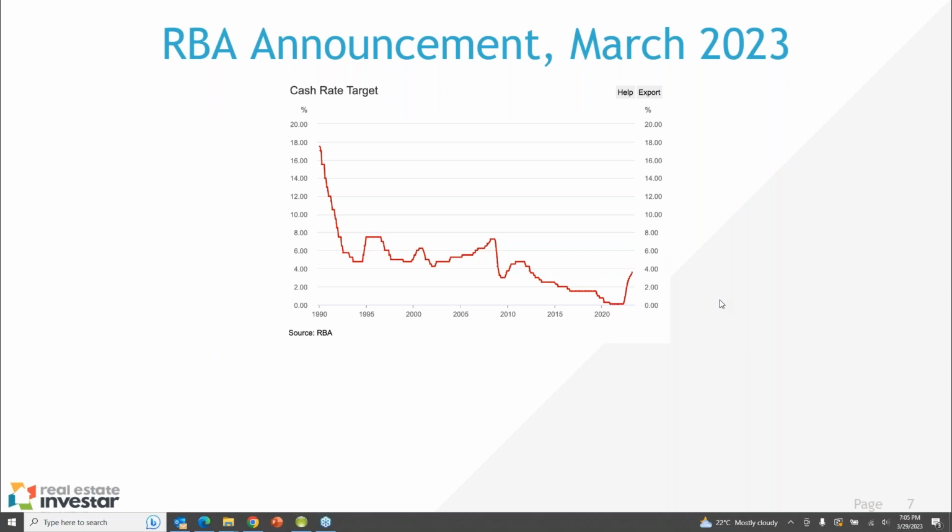Interest rates, yes, sure, they have doubled over the last 8 months, but when you look back in history, interest rates, as you can see there on the chart, were much, much higher. My first property purchase in New Zealand was at 20% interest rate, and I paid around 10% in Australia. Properties were still growing in value. So yes, interest rates are one component, but they're not the only component that controls the property market. So just bear that in mind, that we are still at rates well below the average over the last 30 years.